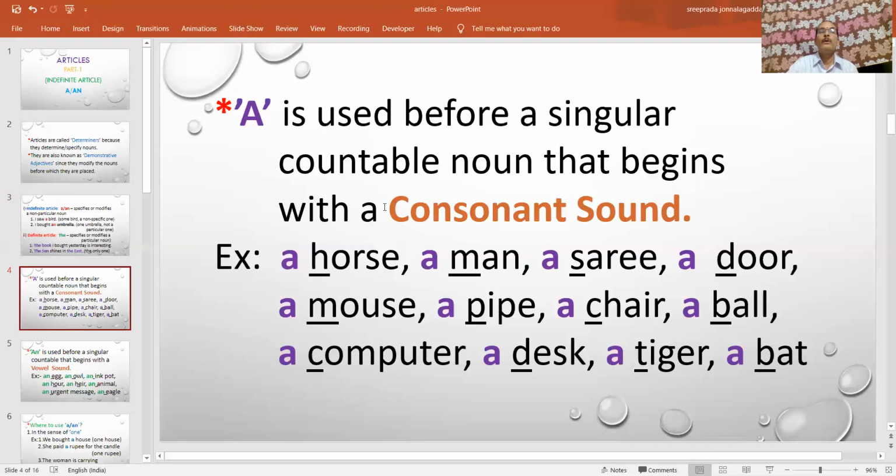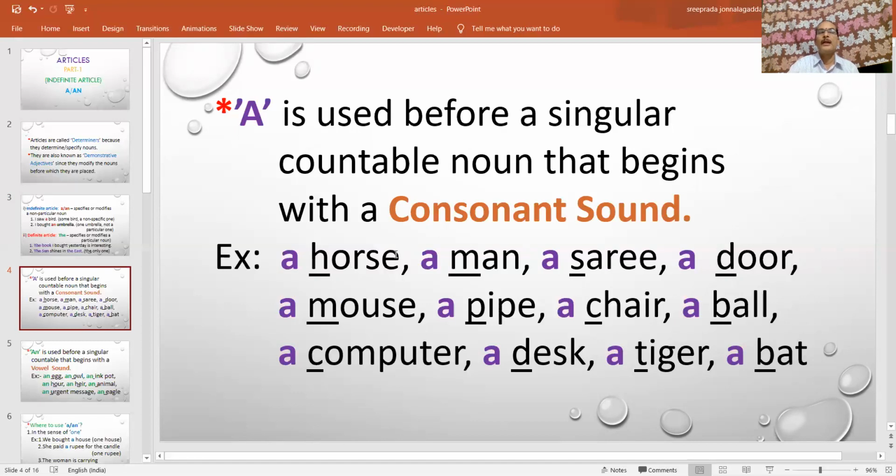So we know A, E, I, O, U. These are called vowel letters. And representing these 5 vowel letters, there are 20 vowel sounds. So if a word begins with a consonant sound, if it is a singular countable noun, we have to place a before it. For example, a horse,